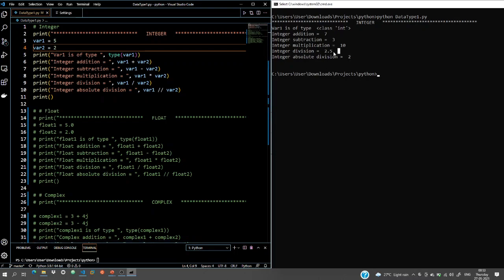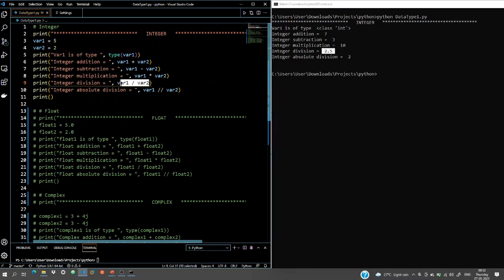This is unusual because in other languages like C and Java, when a variable is of type int and we divide two of those variables, we get an integral value instead of the float value that we are getting here. But if we want that integral value, like 5 divided by 2 and we want 2 only, as we used to get in C or Java, we can use this double slash operator, and we can get this integral value on division.